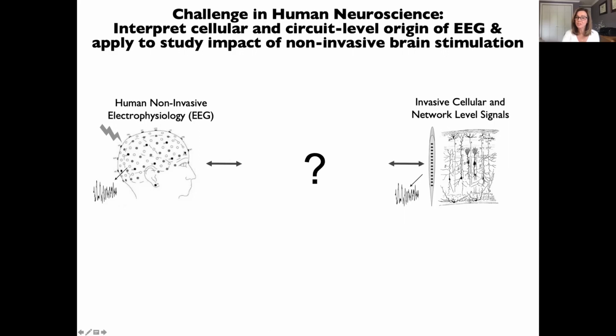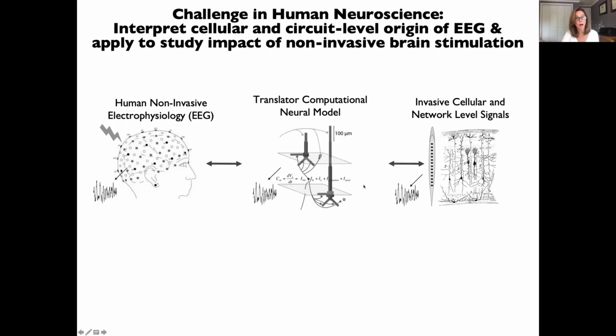And this circuit level understanding is really critical if we want to use EEG to help us understand what non-invasive brain stimulation is doing to neural circuits, and ultimately to help us design better stimulation protocols. Now, invasive recordings are ideal for dissecting circuit level activity, but there are obvious challenges in doing that in humans. So how do we translate from something we measure outside of the head to what's going on at the microcircuit inside of the head? Well, that's the perfect job for computational neuromodeling, where we simulate the electrical activity of the